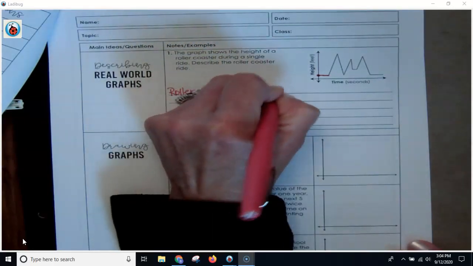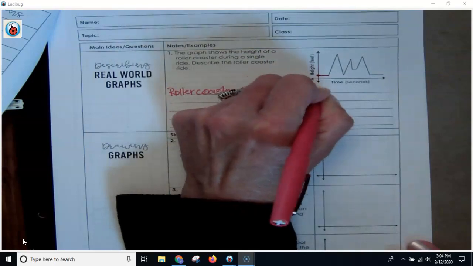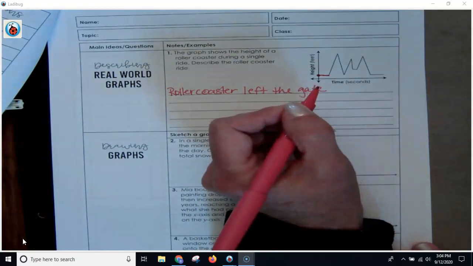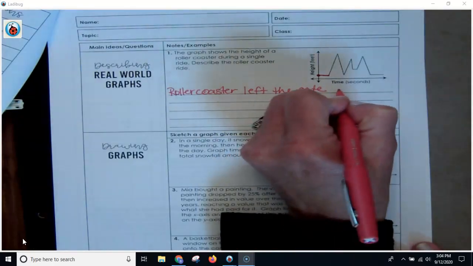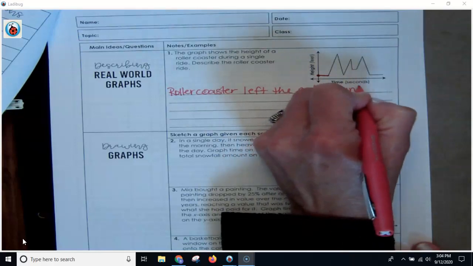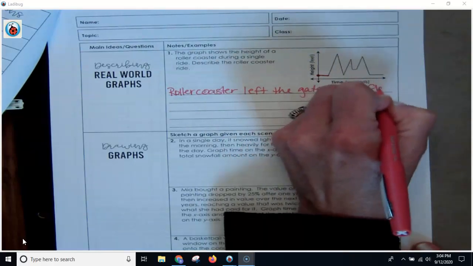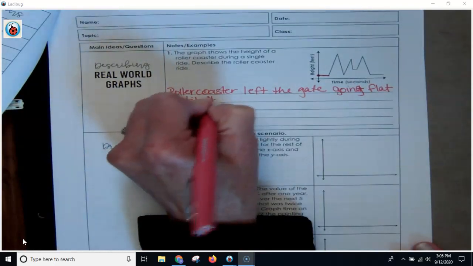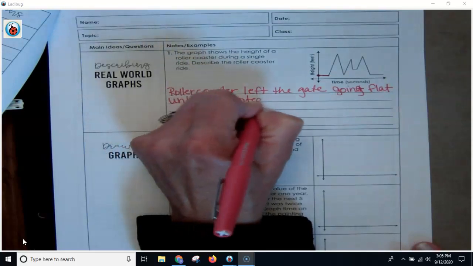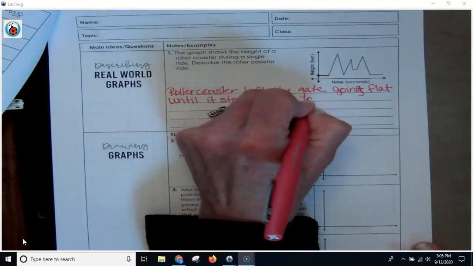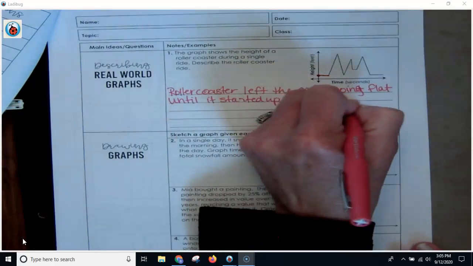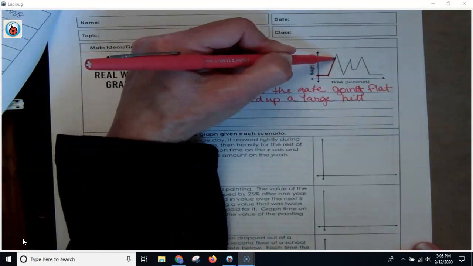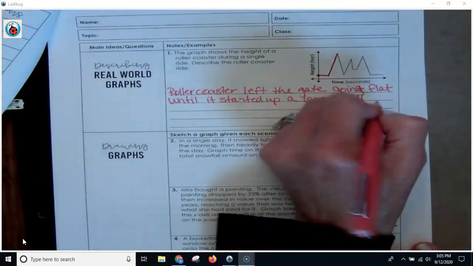left the gate. And was just basically going flat. Going flat. Until it started up a large hill. So this is a little bit like the Titan at Six Flags, right? You're going up the hill, then